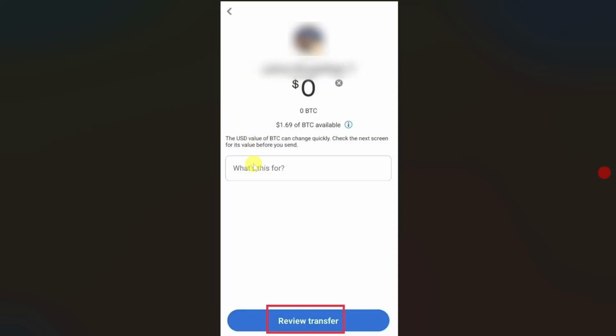Then go back to the Venmo app and then paste the wallet address in the area that I have showed you, and then it will list the person that the address is related to. You just have to tap on it and then this will open up this similar screen. From here you have to just enter the amount you want to transfer and then click on review